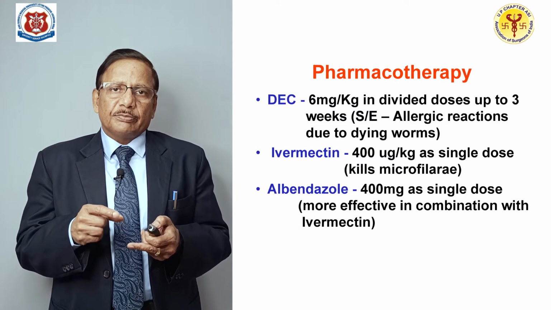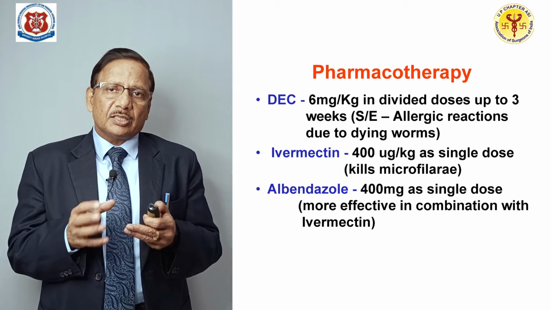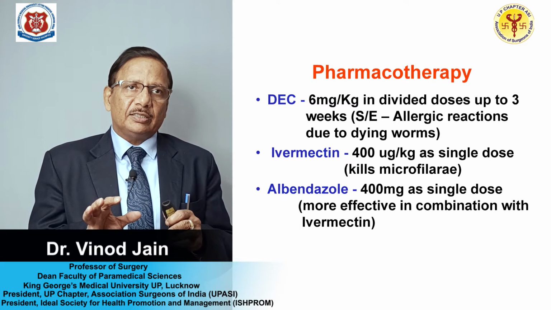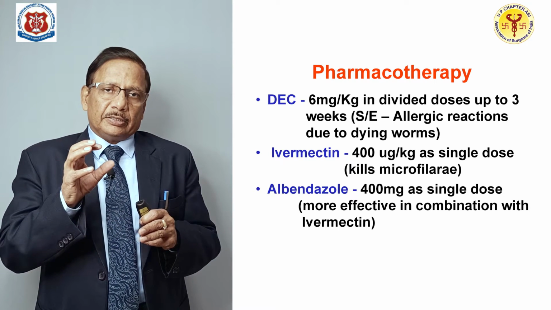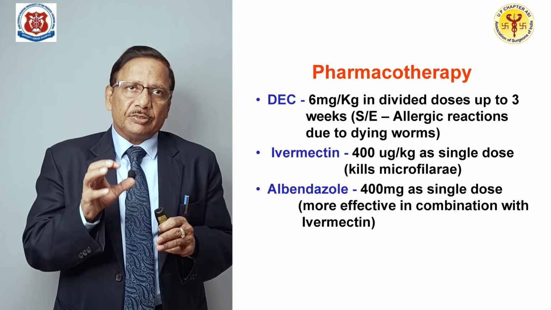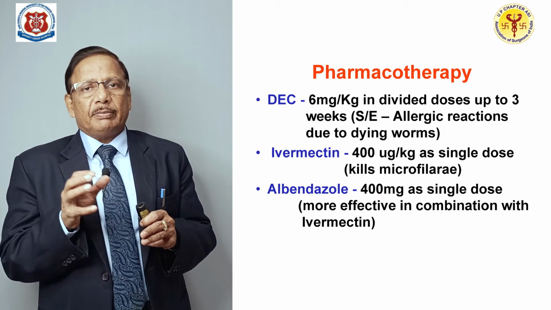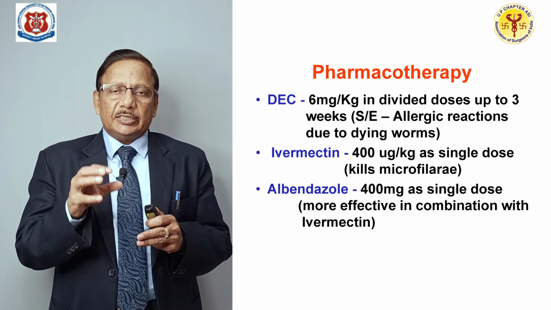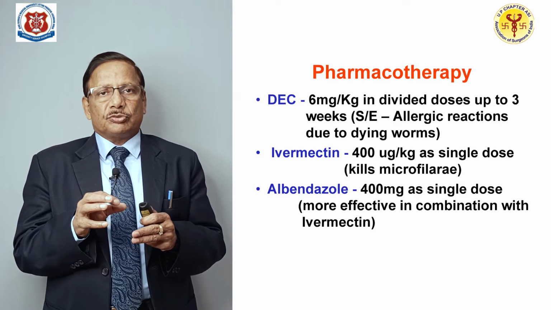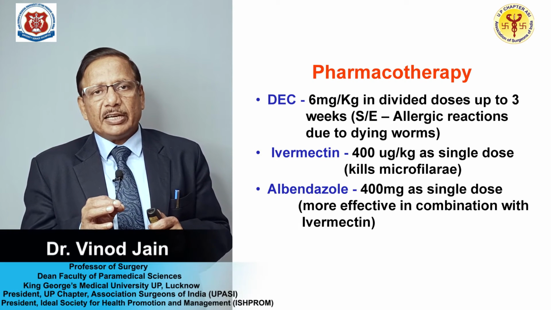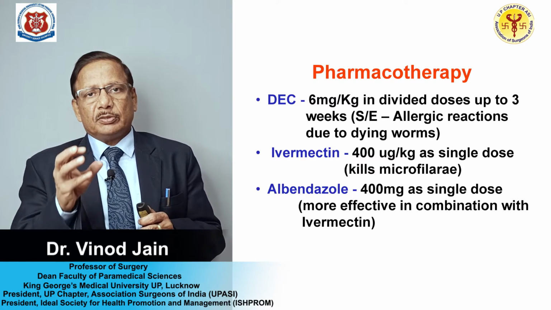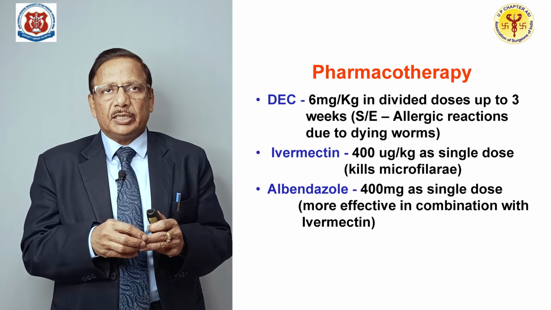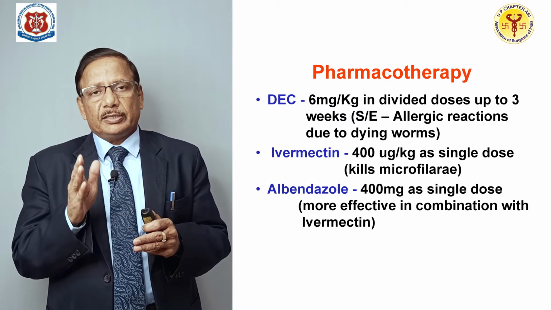Then the pharmacotherapy. Once we have established the cause, if it is filarial, we need to use DEC, that is diethylcarbamazine, ivermectin and albendazole. These are the three drugs which are effective in filariasis. The DEC is used at 6 mg per kg in divided doses for up to 3 weeks. You have to divide the total dose into 3 parts, and the patient takes it orally. But one word of caution: